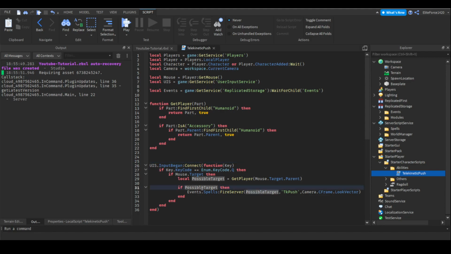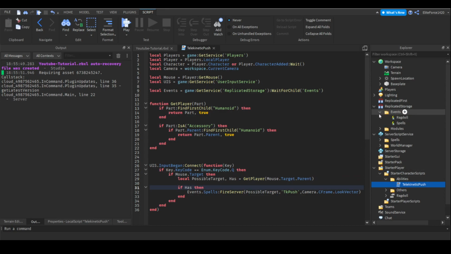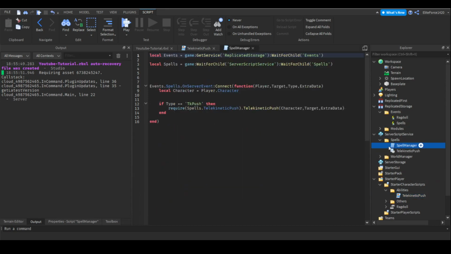I'm gonna be checking because I'm not entirely sure why this isn't working, but let's see. Maybe if I do it like this, yeah, that might be easier. Okay, so I'm just gonna be fixing some stuff here. I know it might be a little bit boring, but